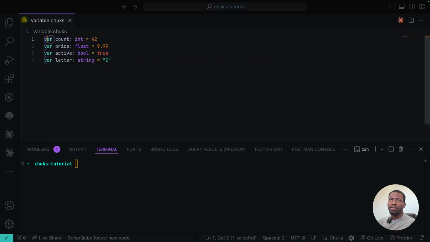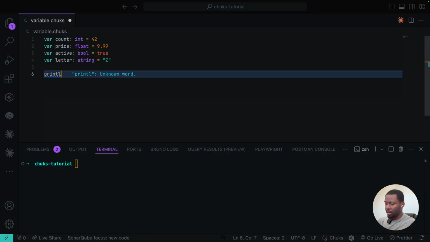Chuks enables you to declare variables as integer, as float, as boolean, which accepts true or false, and as string. Now let's see how these variables will come out if we do a println